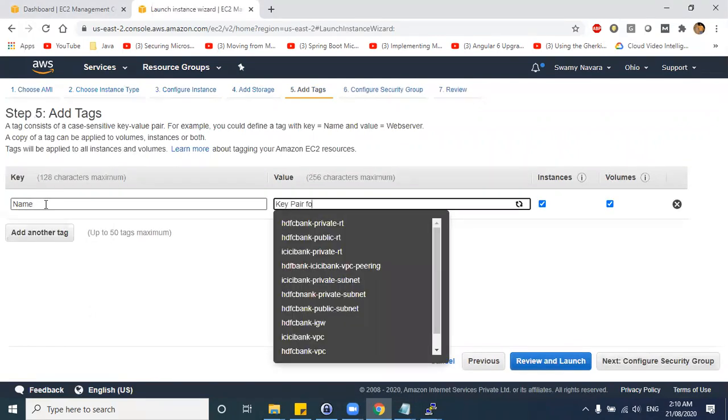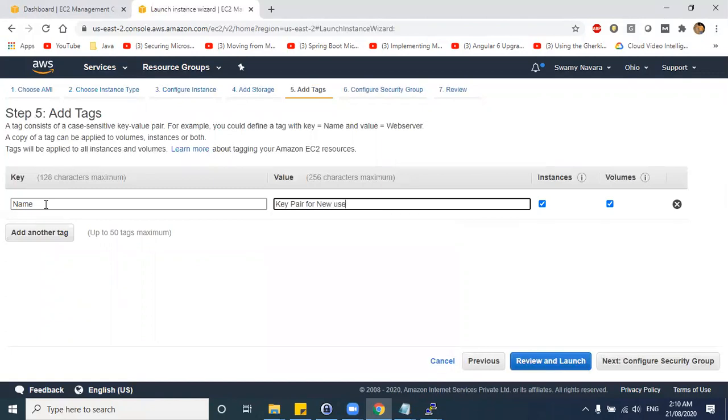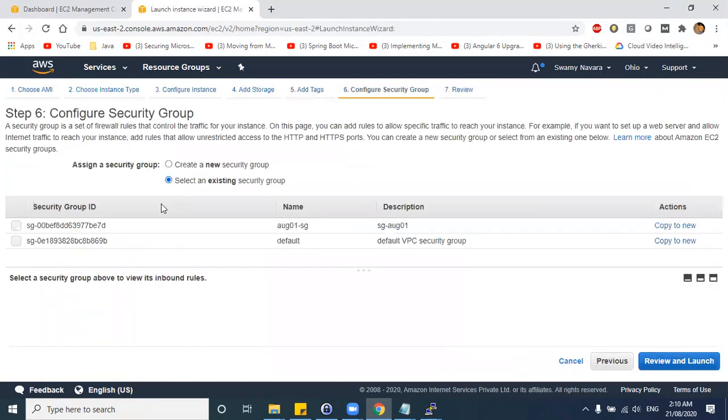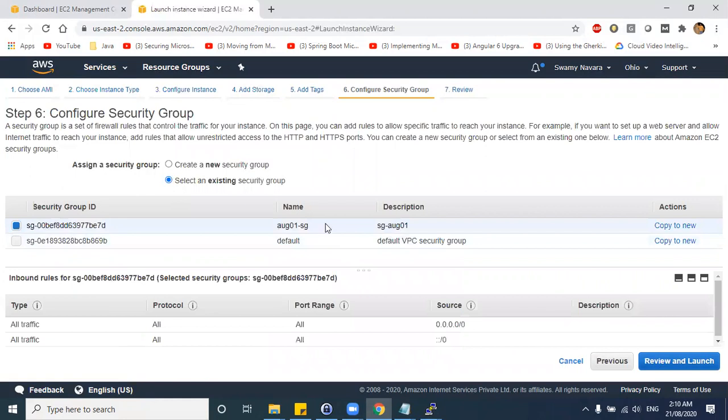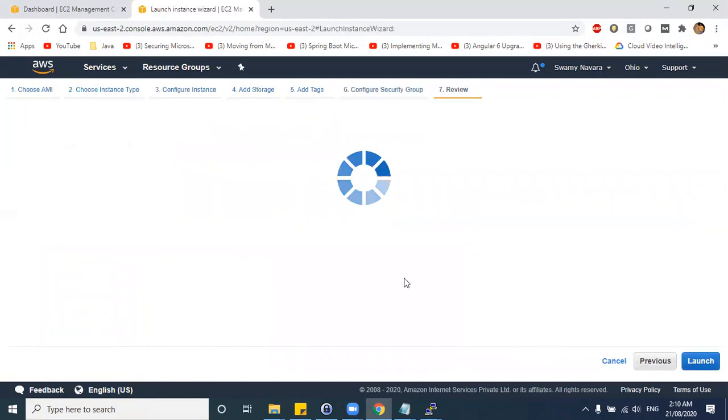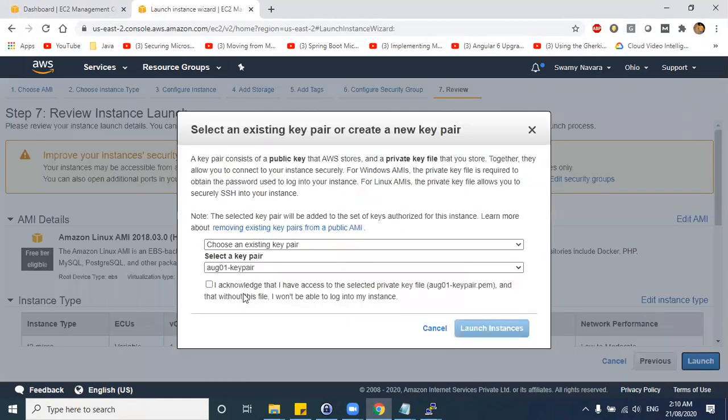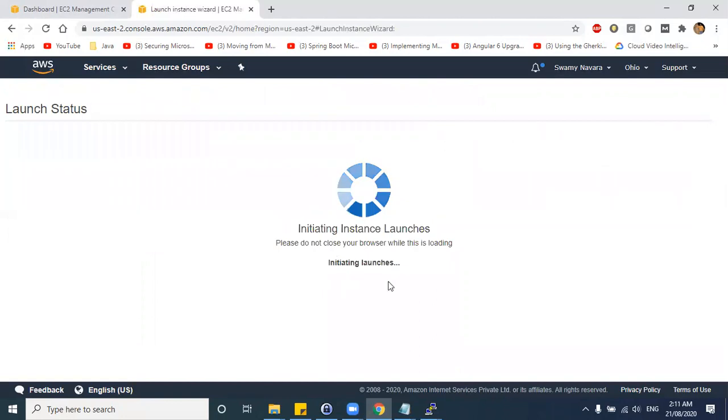Key pair for new user demo. Select the security group. Launch the EC2 machine. While launching, I have selected the August 1st key pair. So I log into this machine.